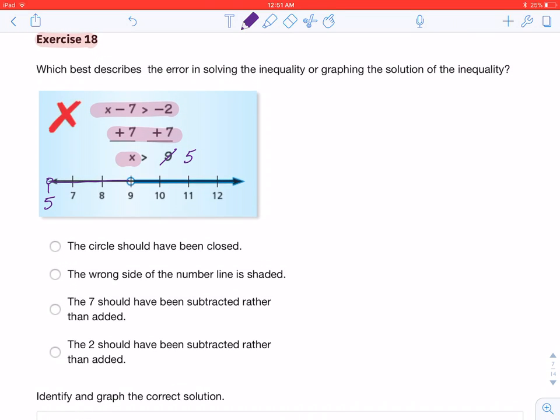I need to choose the option that shows that. Let's see. The circle should have been closed. Nope, circle should be open. The wrong side of the number line is shaded. The right side is shaded, that's fine. The 7 should have been subtracted rather than added. No, we are adding then. But the 2 should have been subtracted rather than added. The 2 should have been